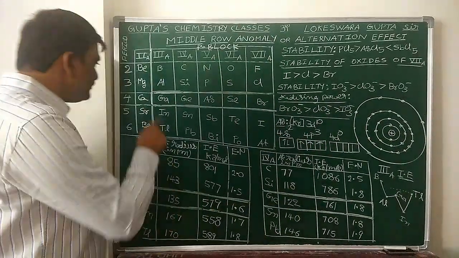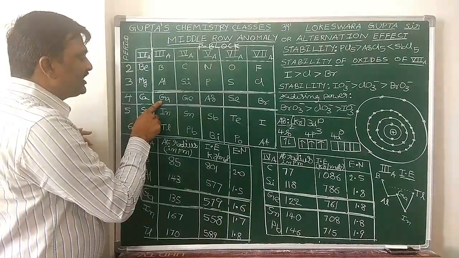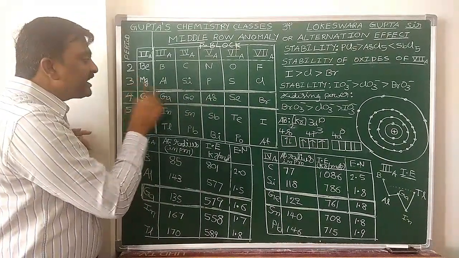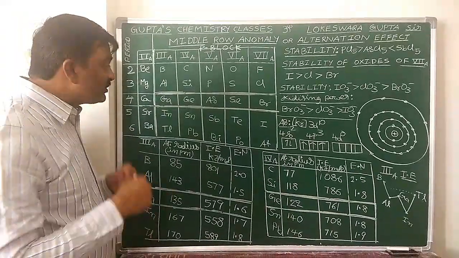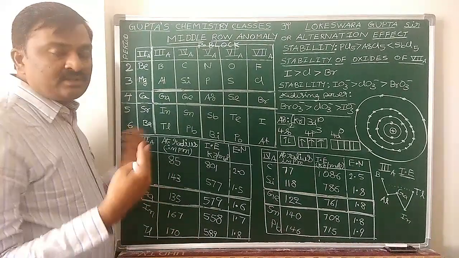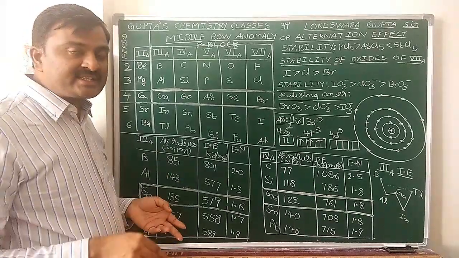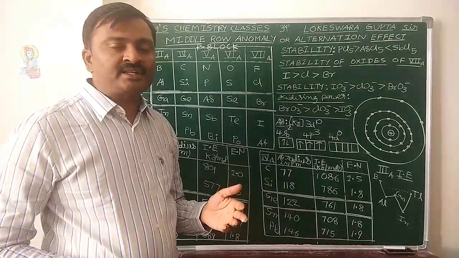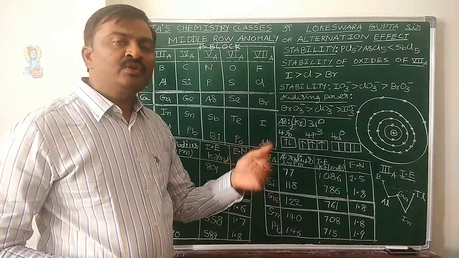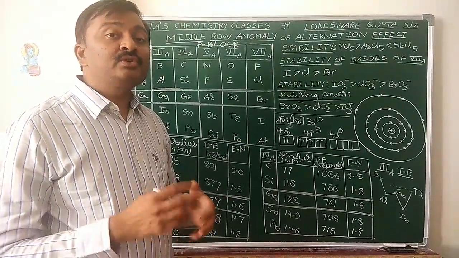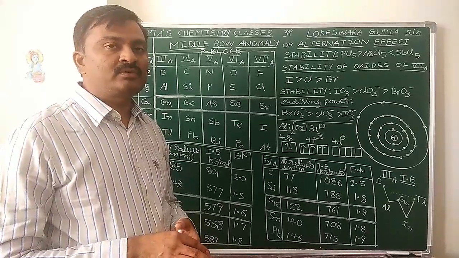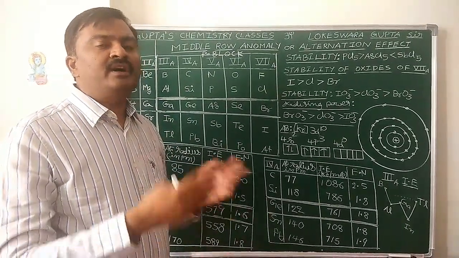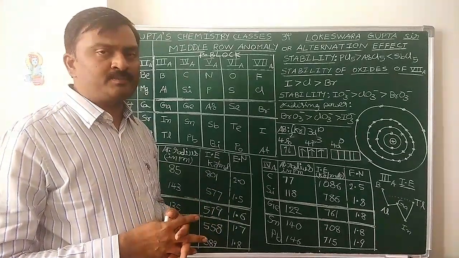Now see, in the inner shell of the fourth period elements of the p block, 3d10 electrons are there. For those 10 d electrons, poor shielding effect. As a result, over the valency shell 4s4p electrons, nucleus attraction is more. Because of this reason only, all these exceptions we observed.